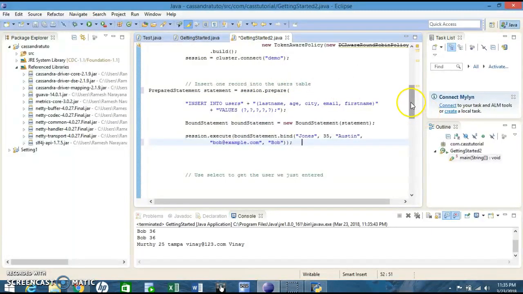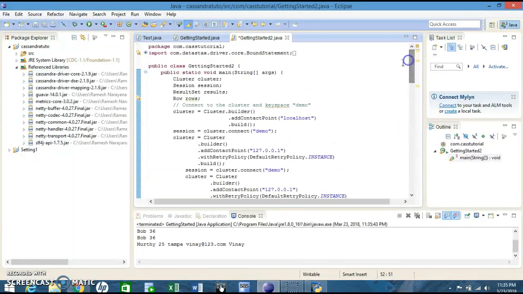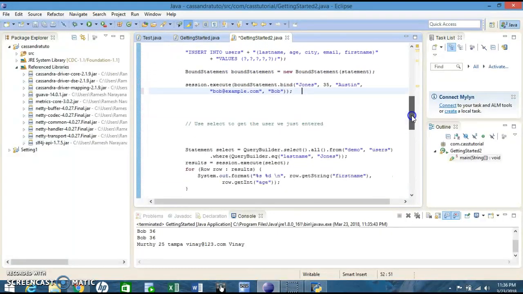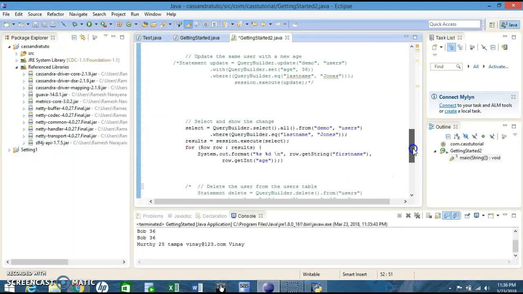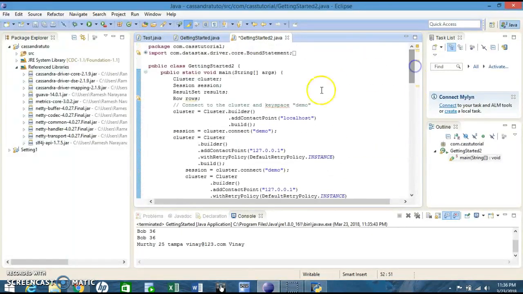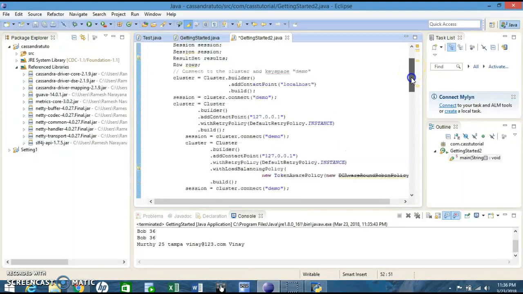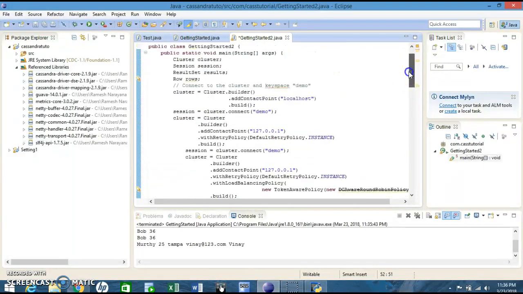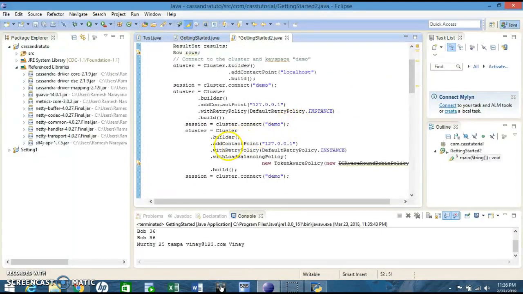Now going to the second part of the tutorial, and here also we're doing the same. We're going to insert, update, and delete rows. In this we are creating new nodes, and also we are doing load balancing. We are doing this to avoid single point of failure. As we can see, here is the code for retry policy and load balancing,